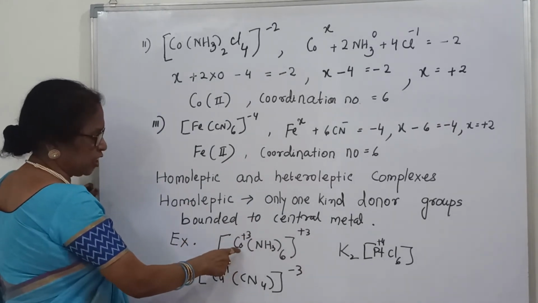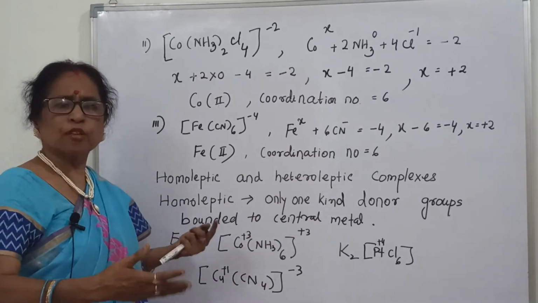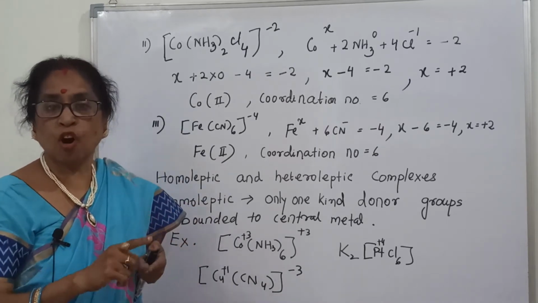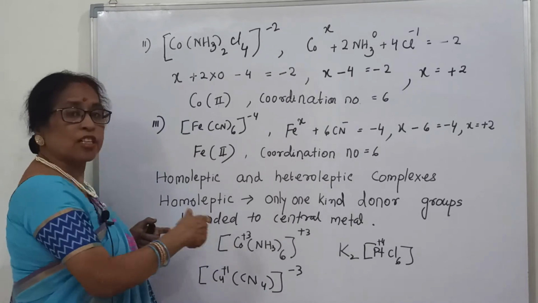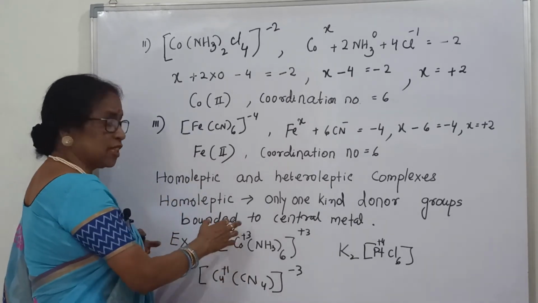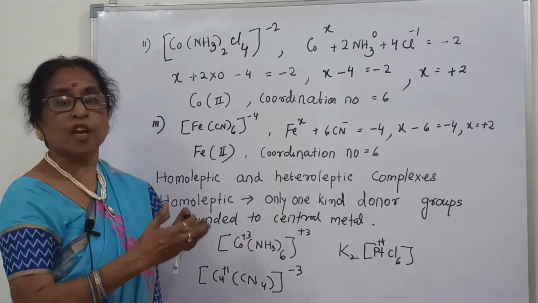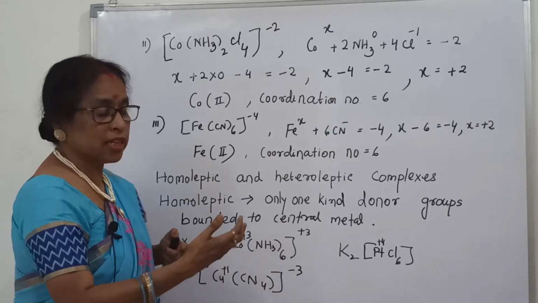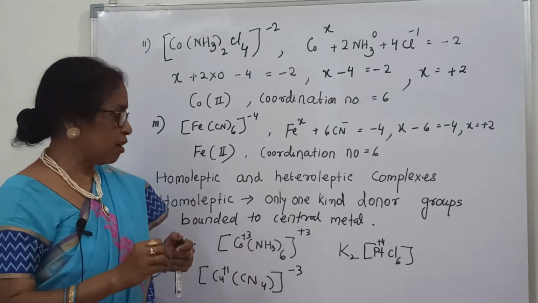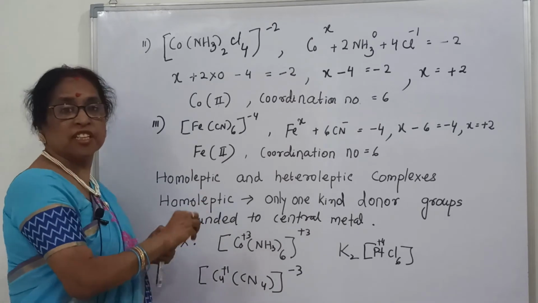Example you can see here. I put all the charges: cobalt +3, and the charge of the complex +3. What is the meaning of the complex charge +3? It is a cationic complex having charge +3. What is the charge of the central metal ion? That is called the oxidation number. The oxidation number of cobalt is 3. How many ligands are present? 6 ligands. 6 what? Ammonia. What is the type of ligand? That is a neutral molecule. Are you clear? When you see any complex ion or coordination complex,